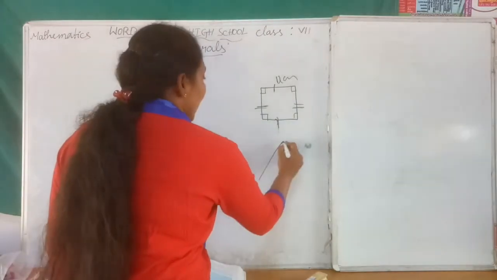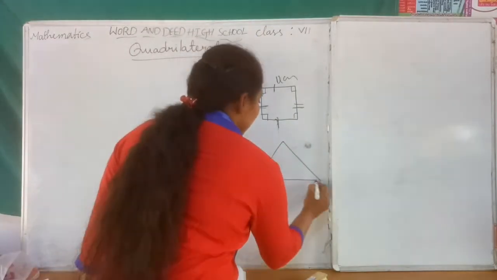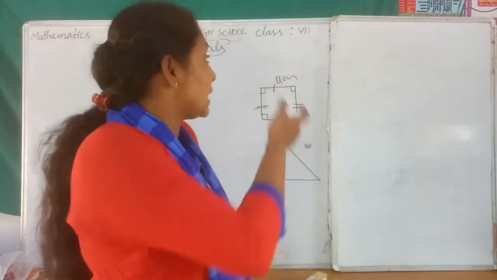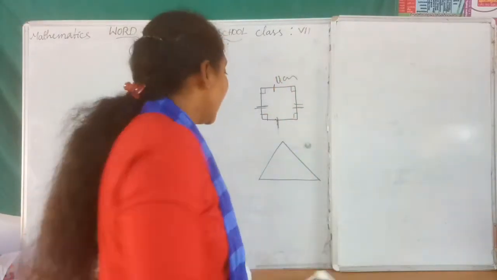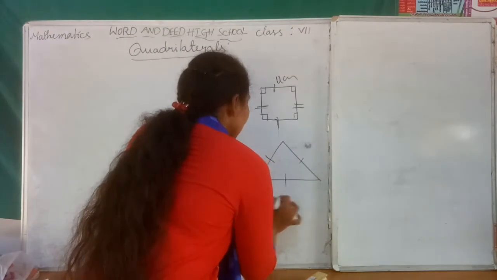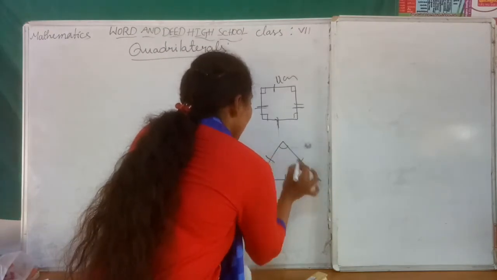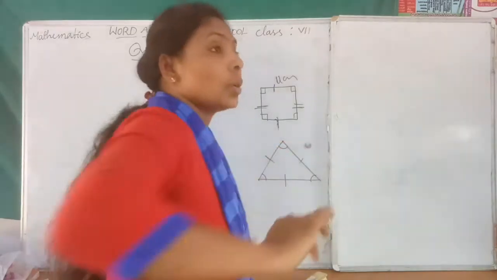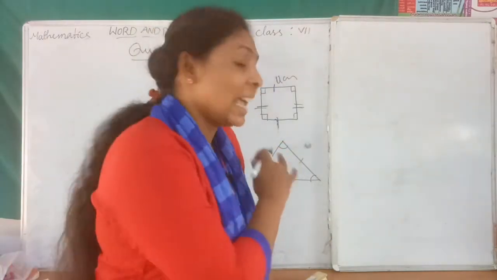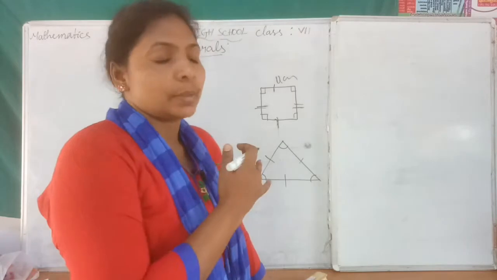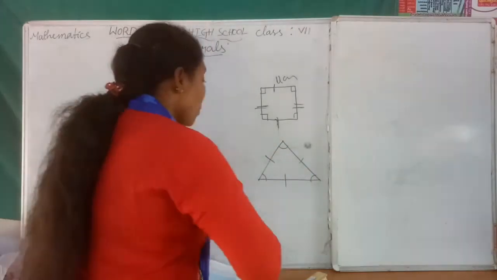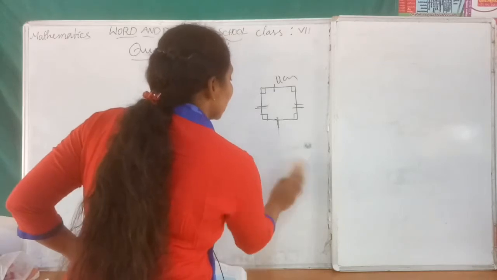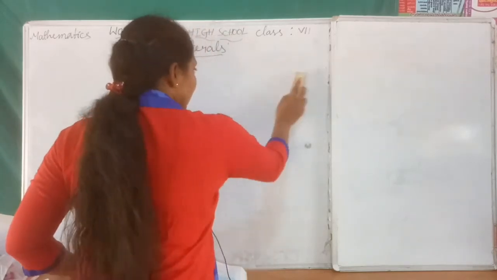Suppose triangle. How can you identify a triangle and its properties? In 7th class only we have discussed, children. It has 3 sides, 3 angles, 3 vertices. Okay. So like this, when the picture has these, we can observe and identify it as a triangle, children. Now we have quadrilateral. How can you identify a quadrilateral? Yes, we will discuss, children.